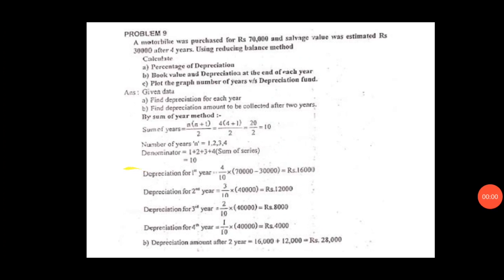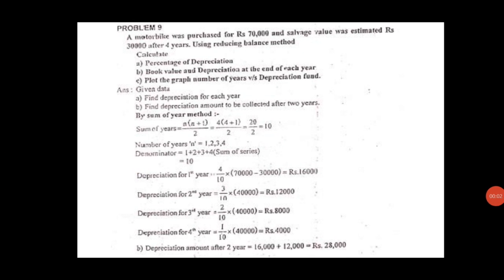Thank you. So now we shall look at the third method of finding the depreciation, that is the sum of the years digits method. Sum of the years digit method of depreciation. It is a very simple method. We will see this problem. Last problem only we will see.